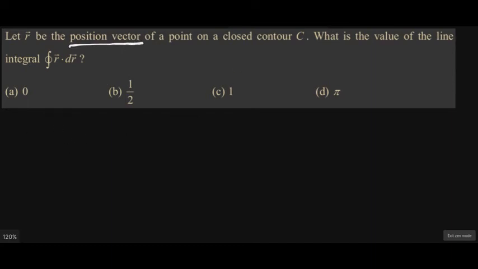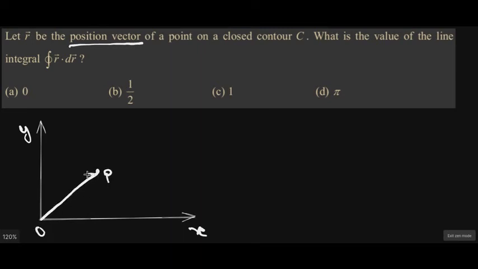Let's draw a set of axes for that. Let this be the x-axis, let this be the y-axis. Let's say we have any point here. Let's call this point P, and let's call the origin O. There is a line connecting O to P. Now this is a vector which directs from O to P, and this vector R is the position vector